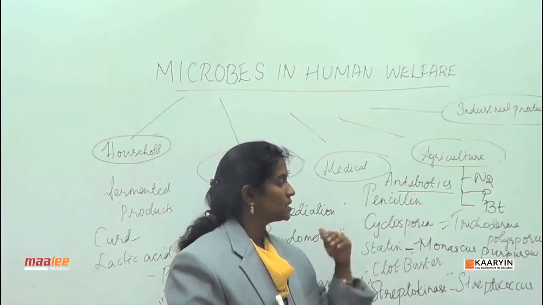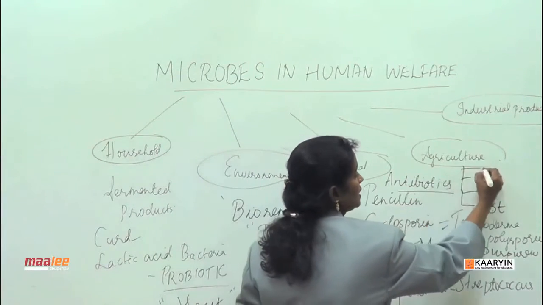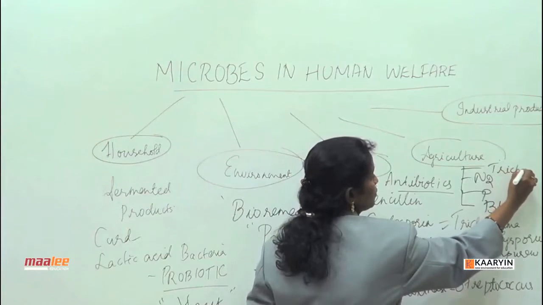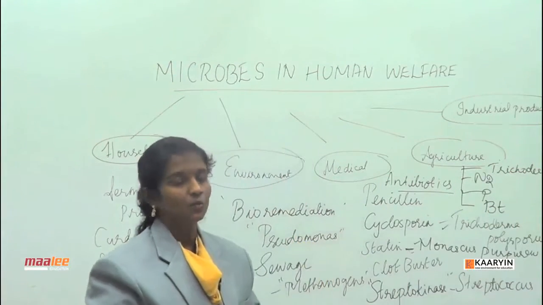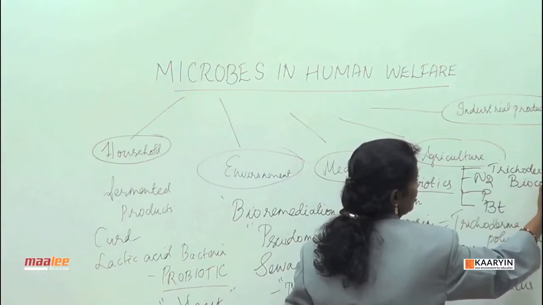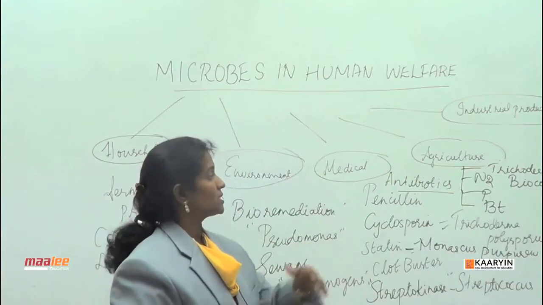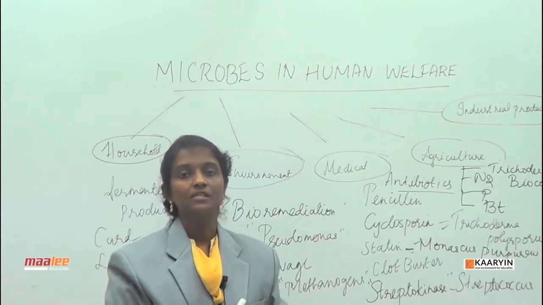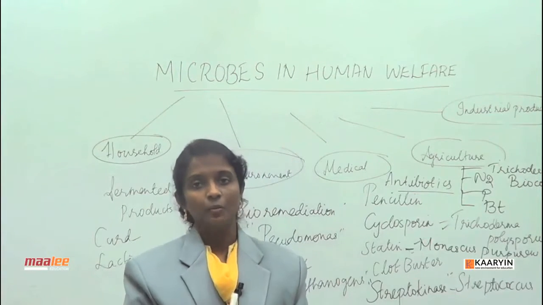So, this is the application with regard to agriculture: biofertilizer, biopesticide, then biocontrol agents. Some of the biocontrol agents are Trichoderma, which can be used for bringing down the population of insects. Therefore, it acts as a biocontrol agent, biopesticide, and biofertilizer too. Next, as we move on to the industrial applications, we have acetic acid production from Acetobacter aceti,